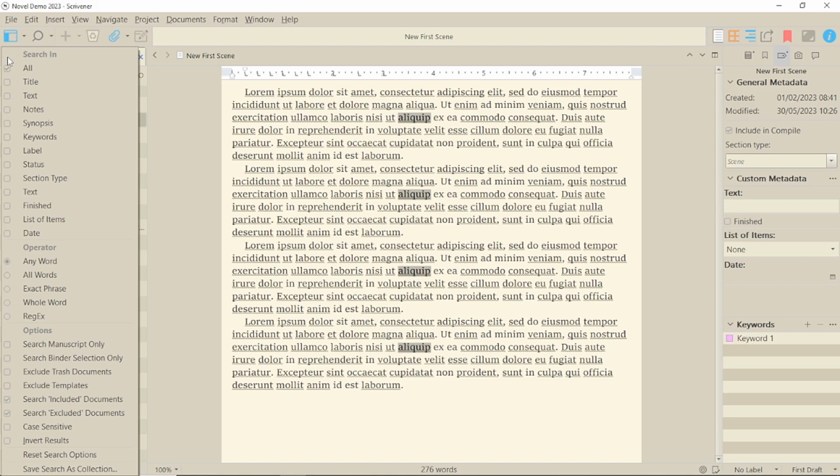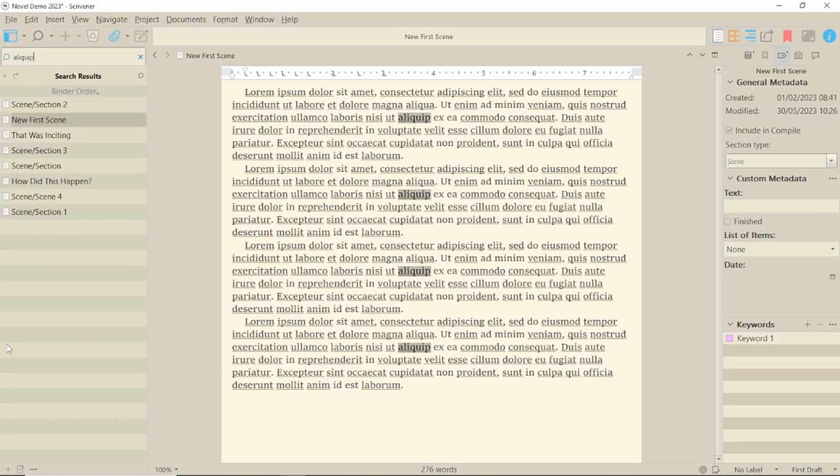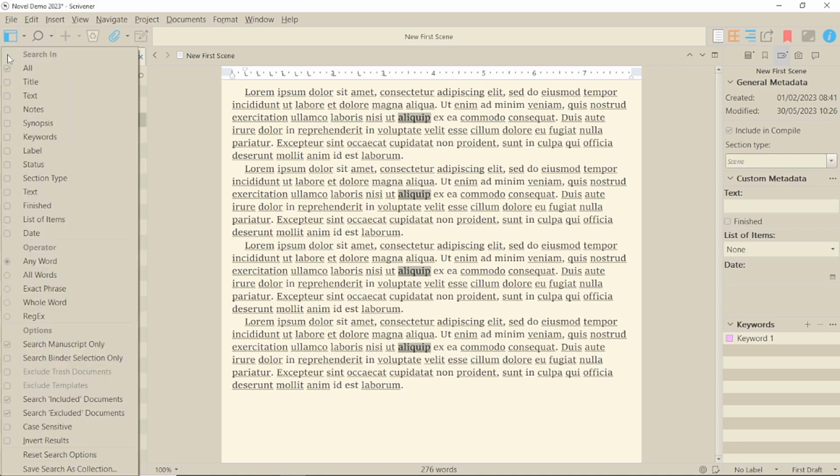Now let's look at the tick boxes at the bottom first, under Options. These are a selection of normal search types that you can select or deselect using the tick boxes. You can have multiple of these selected at once. Above that, the Operator section allows you to choose exact words, whole words, etc. Again, another normal search option.